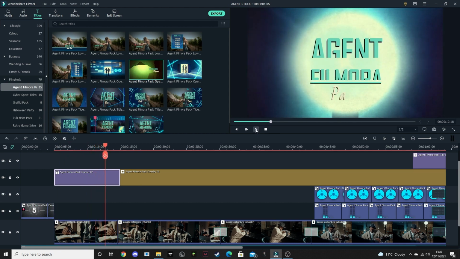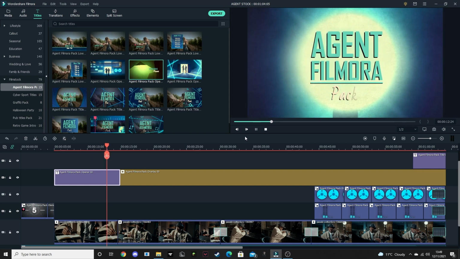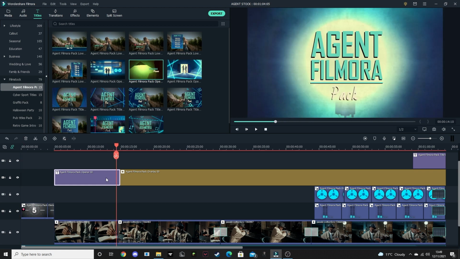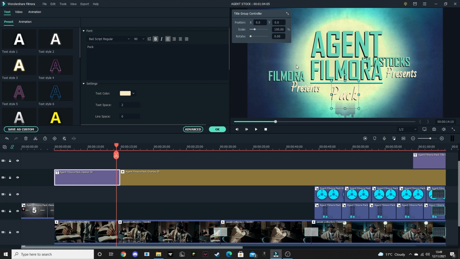And obviously you can edit this because at the minute it says Agent Filmora pack. So I want to edit that. Let me just stop that. Double click. And these are all the texts that appear through the process. So I want agent to stay like that. I want to change Filmora to stock. So this person is called Agent Stock. And then pack, I'm going to change to, you guessed it,